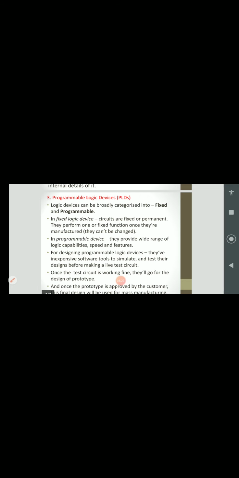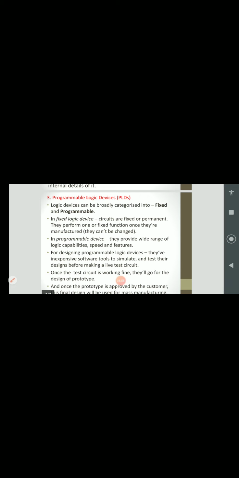So such simulation tools are available with the manufacturers. Before going to manufacturing a test circuit, they are going to simulate, and if there are any corrections, they will make the corrections in the simulation part, and once the tests are okay, they will manufacture the live test circuit.